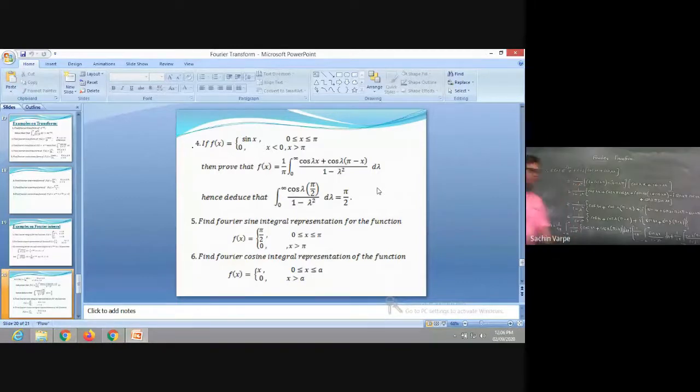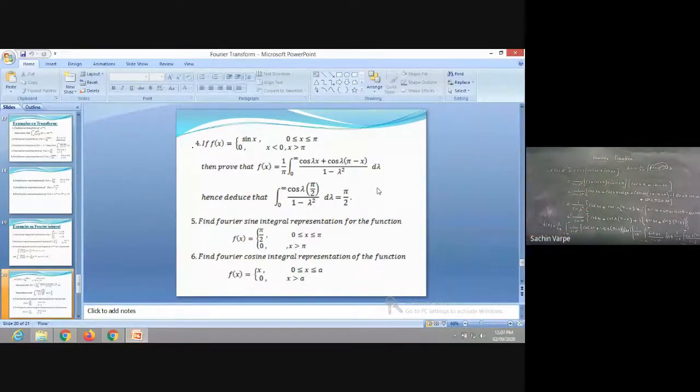Is that okay with this? Is this step okay? Is there any problem with this step? Please ask. I've just substituted this f of lambda into the integral, because the integral formula is f of x is equal to 1 upon 2 pi integral f of lambda into e raised to i lambda x d lambda, isn't it? So I have calculated the value of this complete and I have substituted into the formula. Please check.